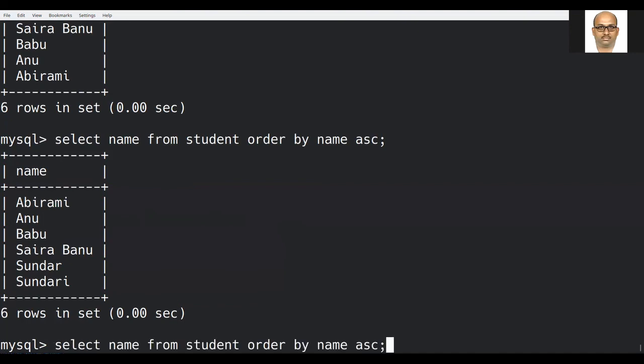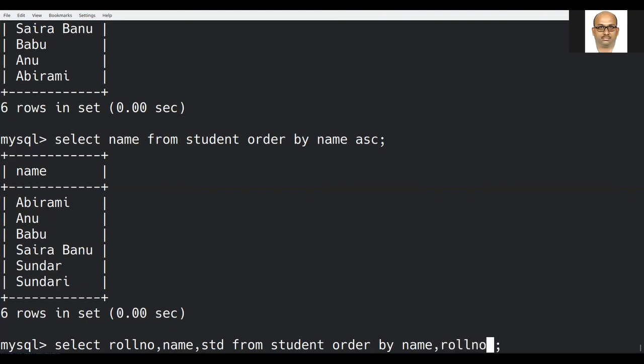Then, can I have more than one column for sorting? Here, name, comma, standard. Roll number, comma, name, comma, standard, order by name, so that we can check the other changes. I am including one more field, namely roll number.